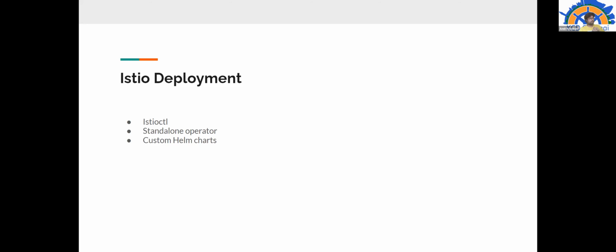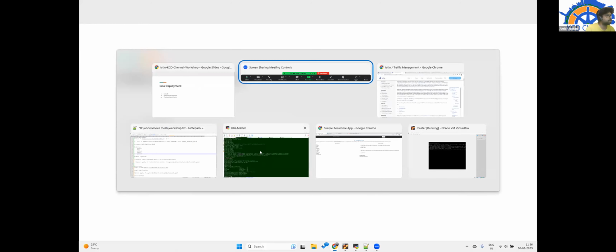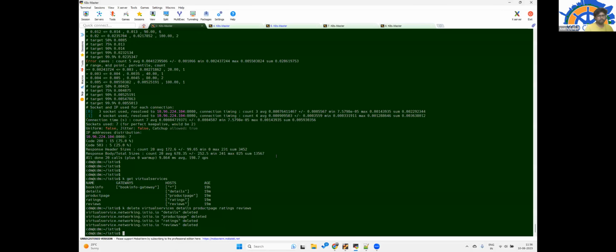So these are the basic deployment approaches we have. I'm going to take a pause here and move to the demo of how I have deployed Istio in my cluster. So I'll move to my demo section. And before that, if anyone has any question, please do interrupt me in between. Feel free. Okay.